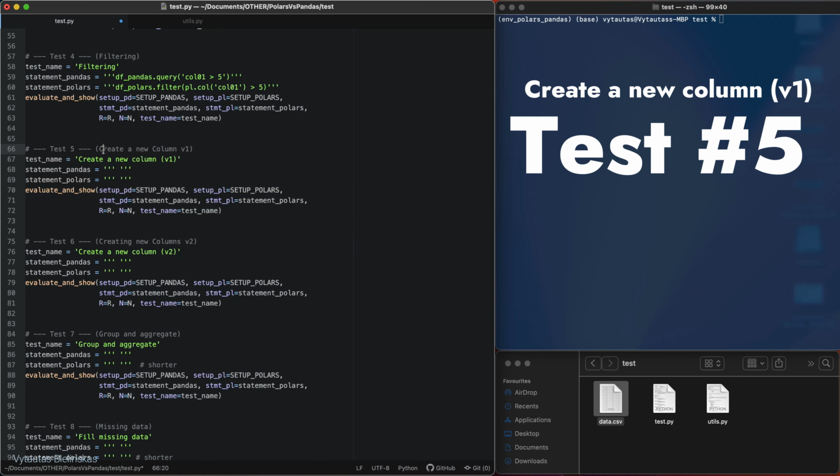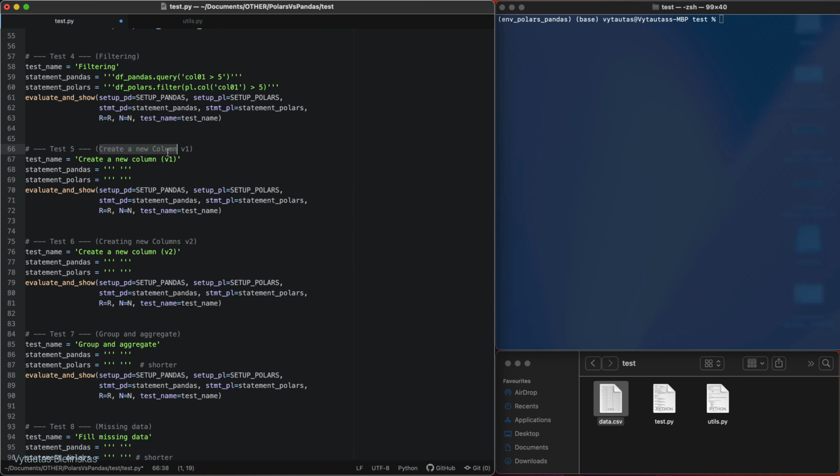In test number 5, we will try to create a new column in pandas and polars. As you can see, we have version 1 and version 2. So in test number 5, we'll have version 1. This is the standard way to create a pandas column. In pandas, we are, for example, creating a new column named new col, and the values in this new column are column number 1 multiplied by 10. So